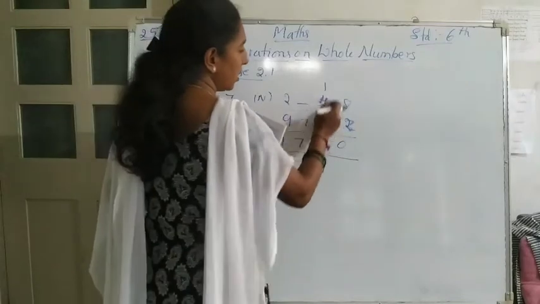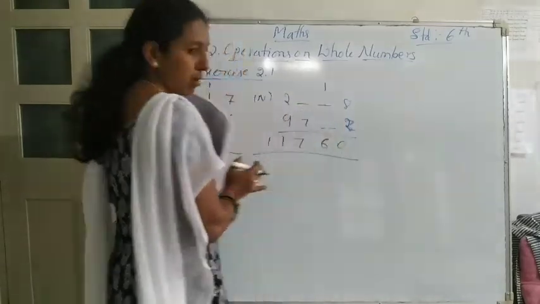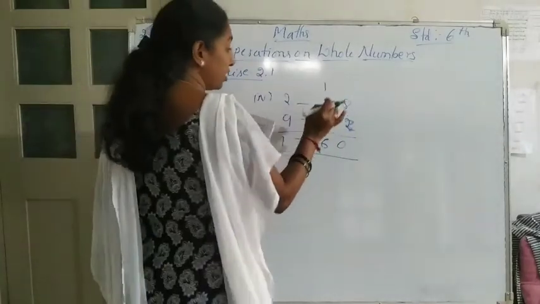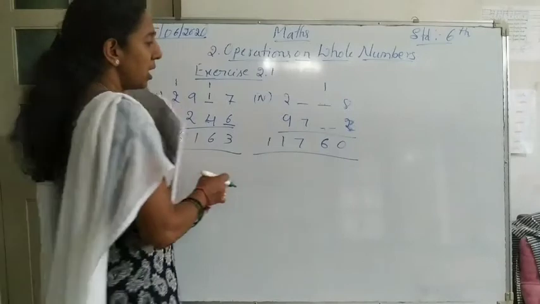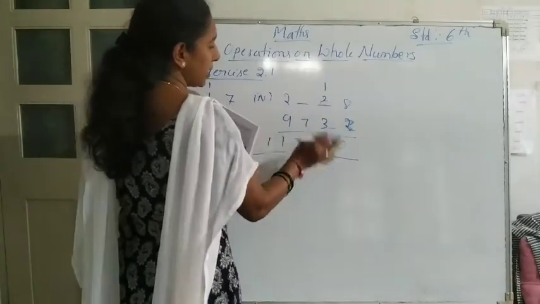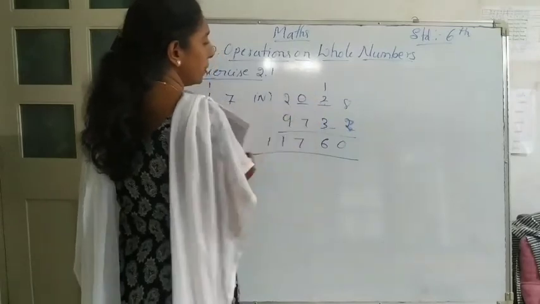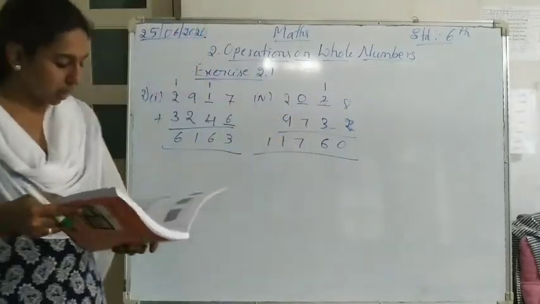Because if only 5 has to come, we can write it in any way. It is not compulsory that here should be 3 and here 2, like that. We can write in any way. So here I can write 2 and 3, and here 6. So 7 is there, means it should be 0. 2 plus 9 is 11. So this is how we have to do.